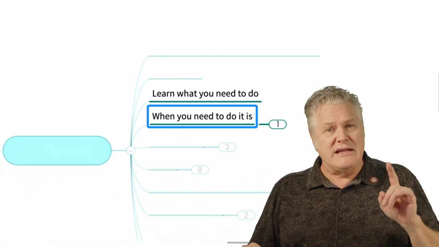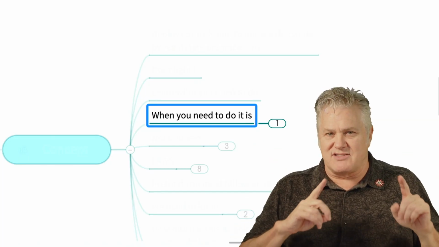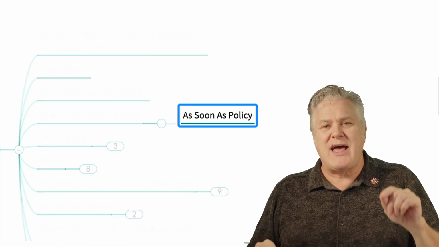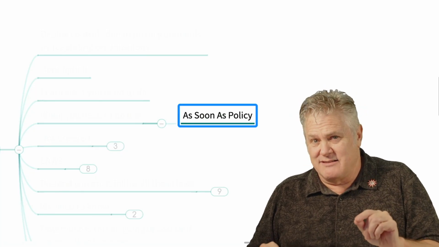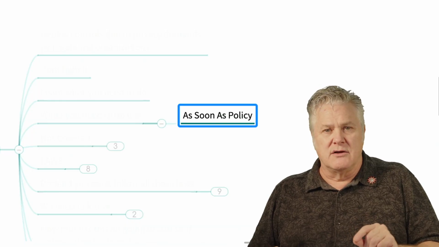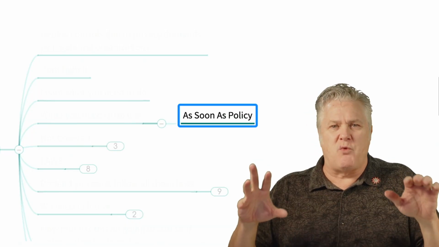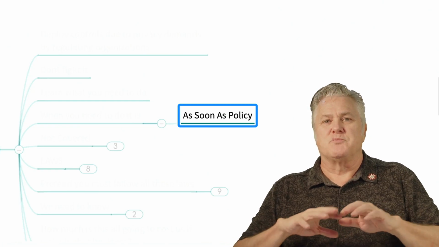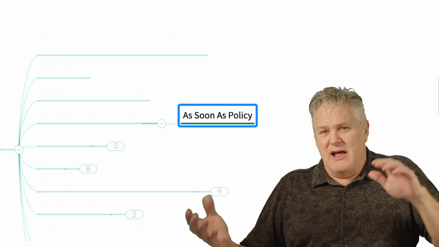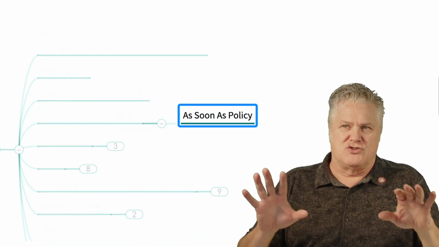Now, when you need to do this, most of the time people say ASAP. And yes, it is ASAP, but it stands for a different thing. It's as soon as policy. And that's the key here. If there is not a written policy for this thing, do not do it. There are a whole bunch of reasons why, from a litigation standpoint, to protect your organization. If there's no policy and you have a control, there's an inequity inside of there, and that causes lots of problems. So just don't do that.